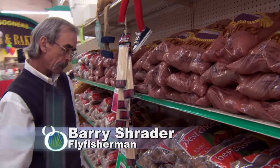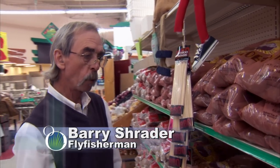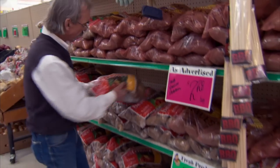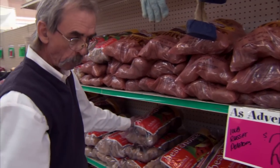For Charlie and I, it couldn't have come at a better time, because he and I both, earlier in the year, had kind of hit a roadblock in our life. We'd been thrown a curveball, and we needed something that was a great diversion. That diversion came in the form of fly fishing for carp. I rarely ever heard anything about catching carp on flies. So it was a challenge, more or less. Can we do this with flies? We tried it a couple years prior and didn't do very well. But when we got serious,